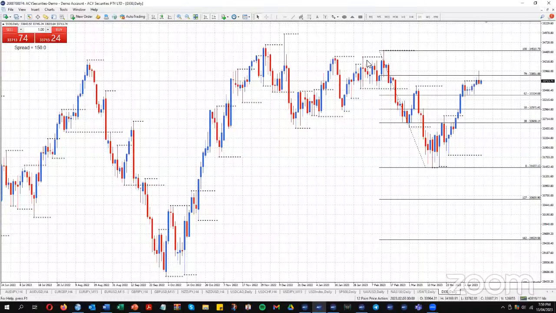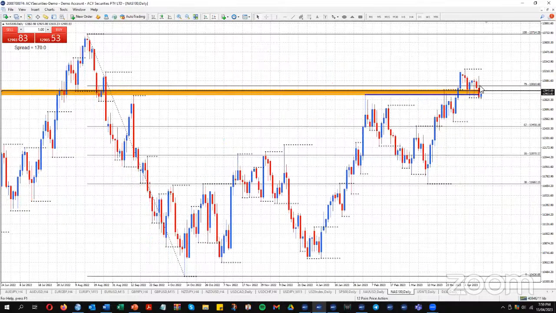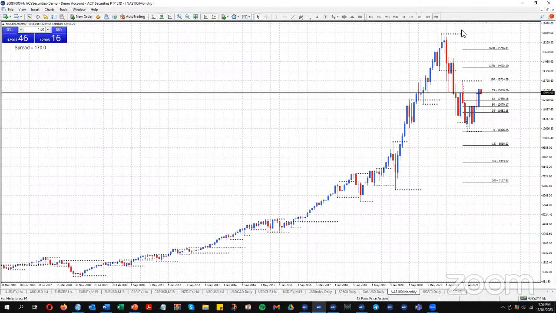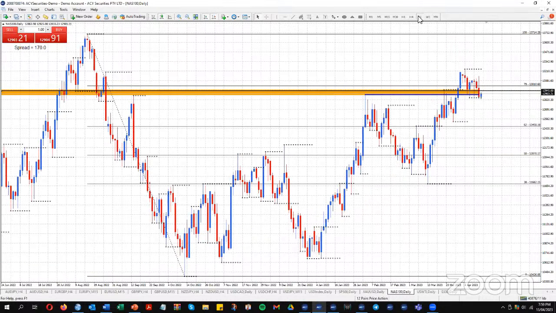For a move down. The other indices on the day charts, like the Nasdaq, show horrible rejection at the 79% level of the monthly range. There's the monthly range. So the Nasdaq has a lower bottom, possibly forming a further lower top. Whereas there's that question mark on the Dow 30. Don't forget the US 30 or the Dow 30, whatever you want to call it, Dow Jones.